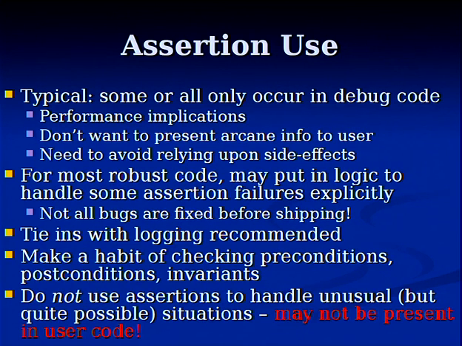Now, assertions often are only included in debug code, but they will sometimes make it through to user code. That varies from project to project and according to philosophy. Please, if you don't know about assertions, go read about them. You can find lectures by me online on how to put together assertions, including in C, etc. And in C, there's assert.h that you can include. In languages like Java and C#, these are built into the language, but there are often compiler flags that will turn them on and off on a per module basis or across the board.